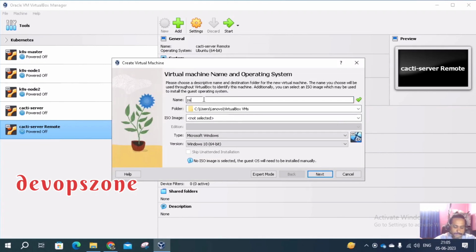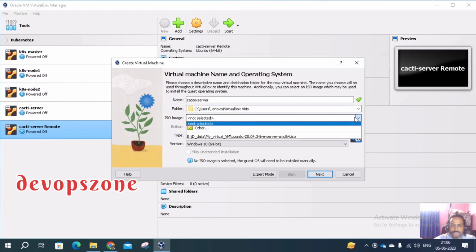I'll give a name to my VM, Jabix-server, or maybe Jabix server. Okay. And I have to choose where I want to keep this VM. I'll leave it as it is. It will be on my C drive. I'll choose the ISO file that I have